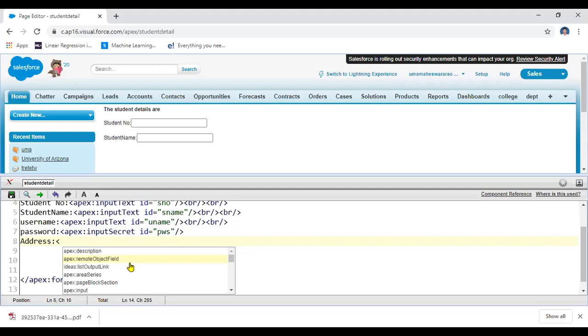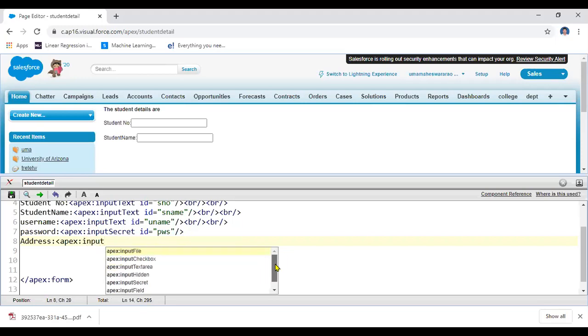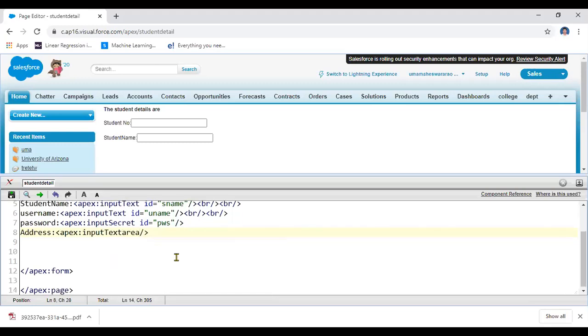For example, apex:inputTextArea. Here for this one also I am taking a simple ID, ID equal to 123, let us assume. ID okay, address okay. That means I think these are all enough.